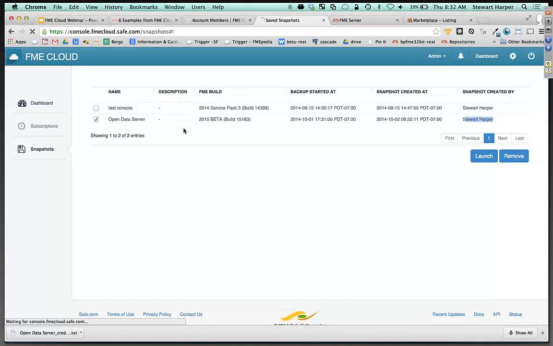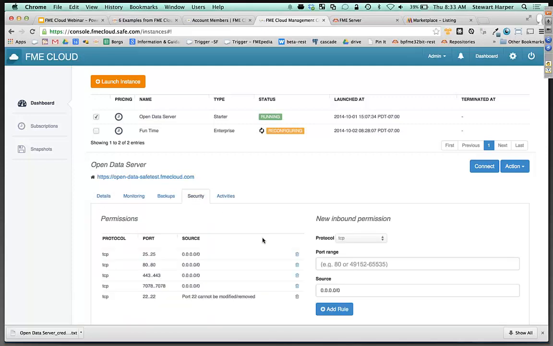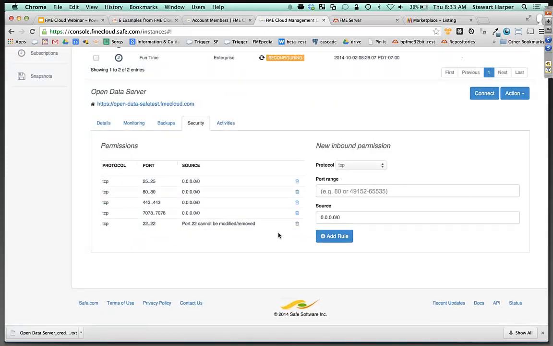Okay. So I think that's probably good. One more thing I should show about security. What you can actually do is, you need to open ports up into the server sometimes to get email out, or to open a WebSocket connection, or even see the HTTP. Or if you want to do a connection to PostGIS or something, or RDS, you have to open ports. But what we do is we let you